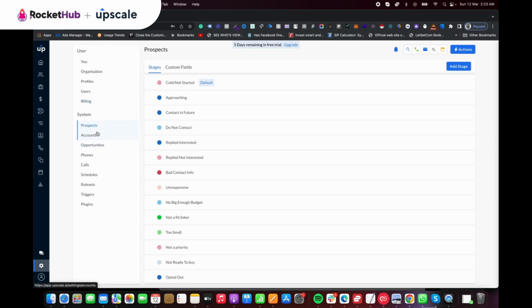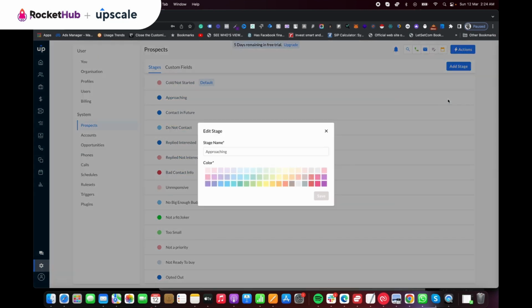So once we're done with this, we can then come to prospects. And basically, these are the stages, right? So for example, if you are starting your cadence or starting your sequences to sell and approach someone, you can choose these inside your sequences, which we come to later, and change. If you want, you can even edit. If you say, oh, I don't like the word approaching to be tagged or labeled across a stage name, you can say,